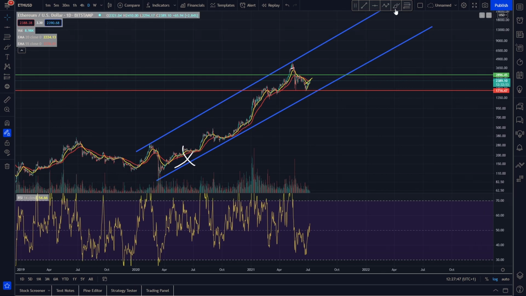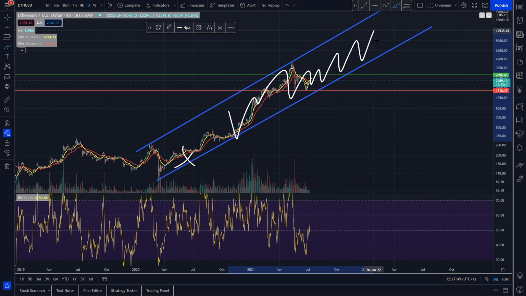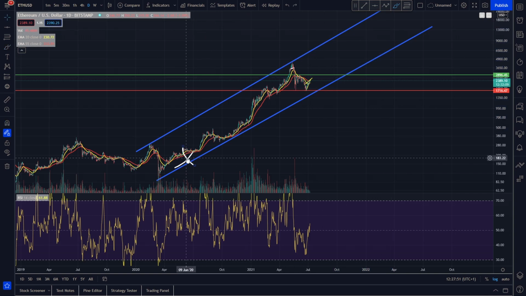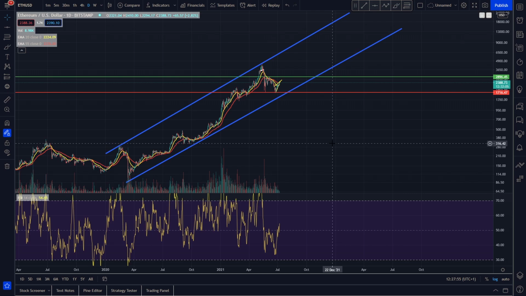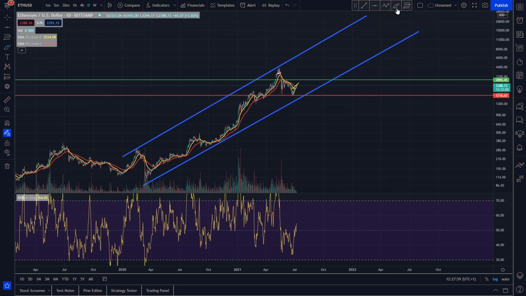If we do continue to trade upwards inside of this channel, then we will be looking at some very, very nice prices for Ethereum in the next 6 months or so. So obviously everyone's feeling very bearish right now, but we just don't see it. We're obviously extremely oversold. And every single time that we've been this oversold in the past, we have had a nice little pickup. As you can see, the March crash is a prime example of this.